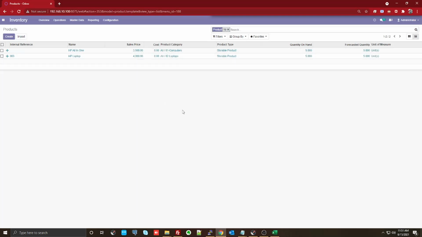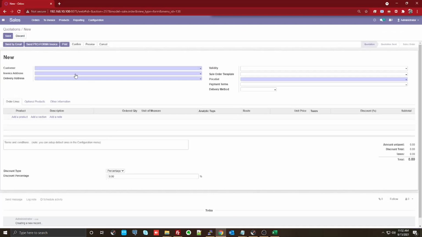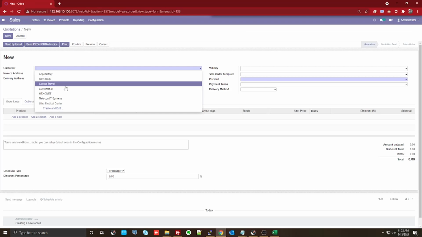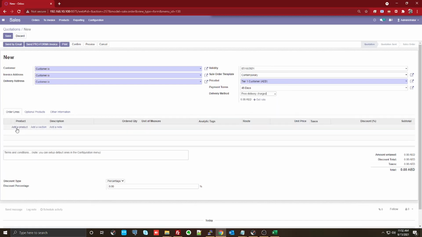Now let's try to do the same thing by doing a sale on the product. Here I'm going to sell the same product which I purchased to some customer, and you can see that from that moment onwards it will start triggering all the transactions automatically.